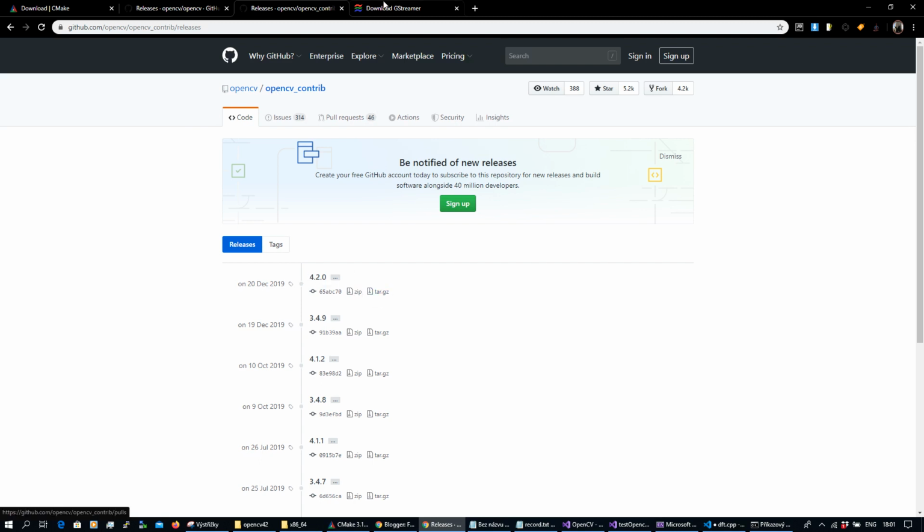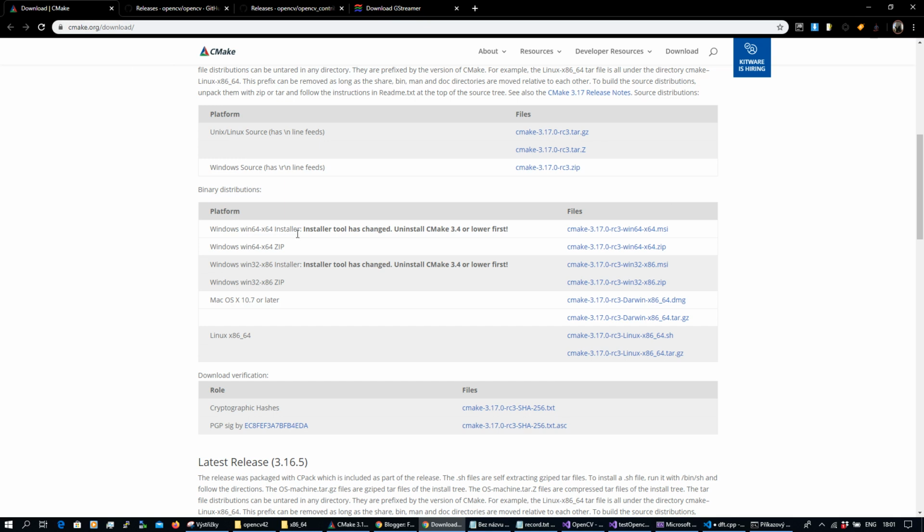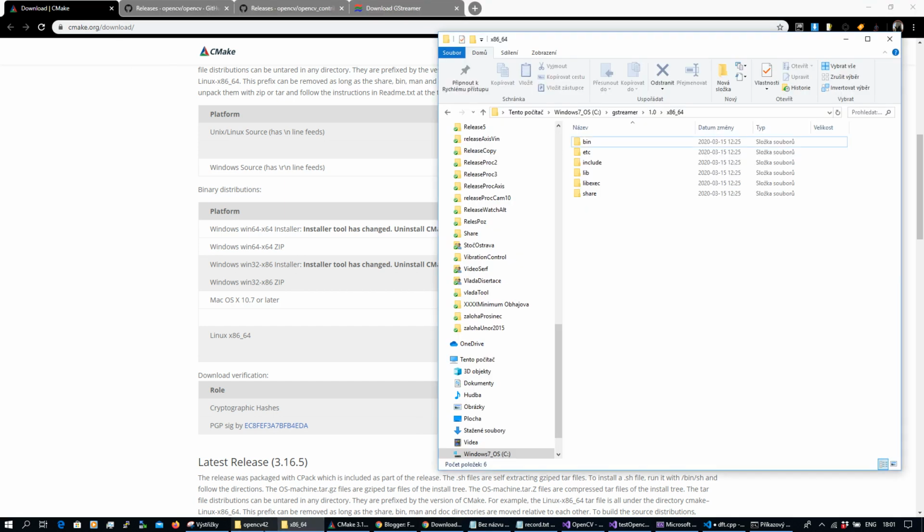From this zip file we need the MSVC 64-bit, which is the Visual Studio 2019 developer install of GStreamer. I tested this compilation process on CMake, and I use the Windows 64-bit CMake 3.17 release candidate 3. GStreamer is installed under C:\GStreamer, and here is the folder structure of the GStreamer library and